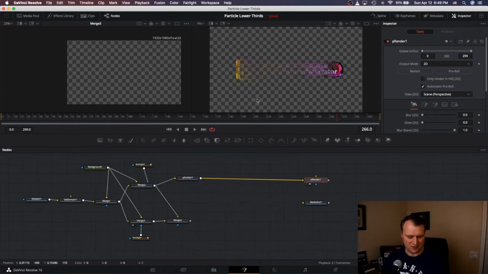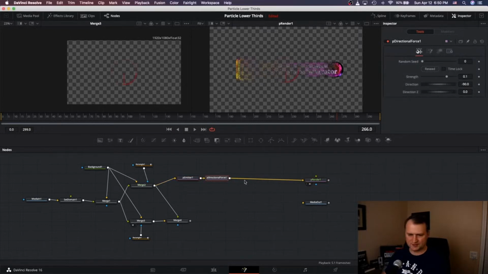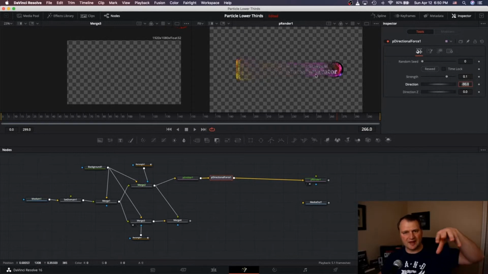So what we're going to do is add, just select that, and I'm going to hit Shift Spacebar to bring up my tool select, and I'm going to do directional force. And this directional force will allow me to basically simulate gravity. I'm going to put that down to half strength, so 0.5, or 0.05 I should say. And what that's going to do is it's going to allow the particles to drop naturally as